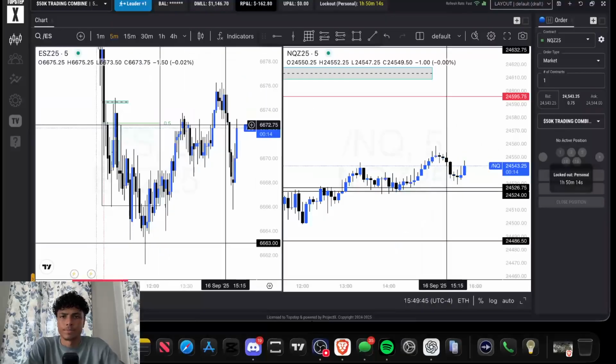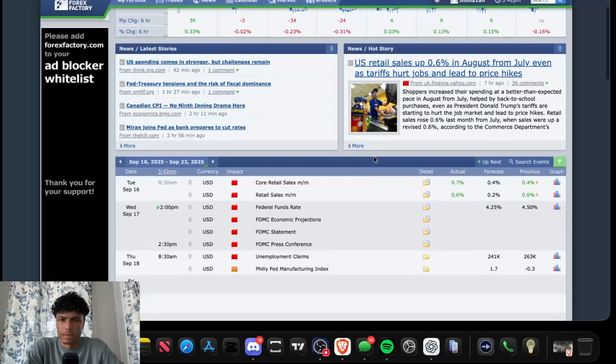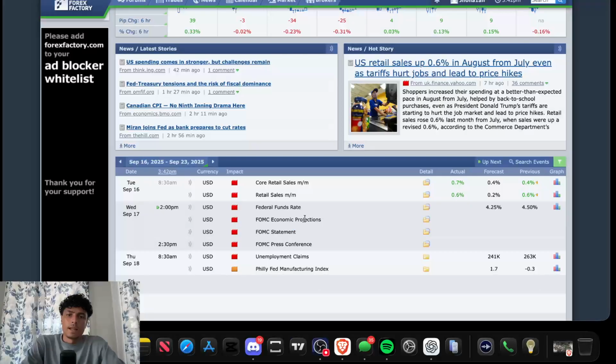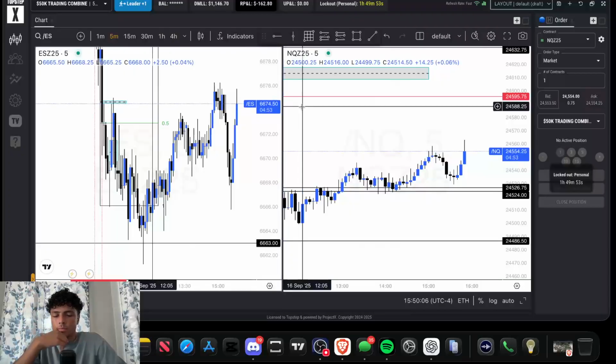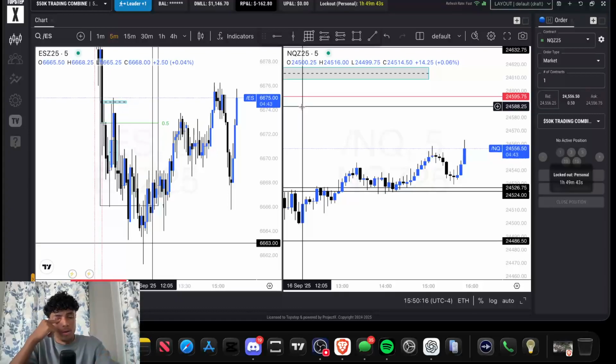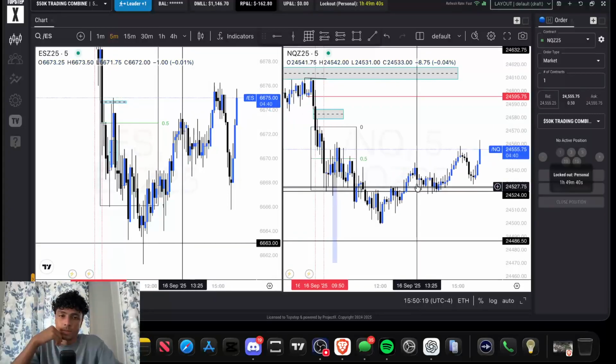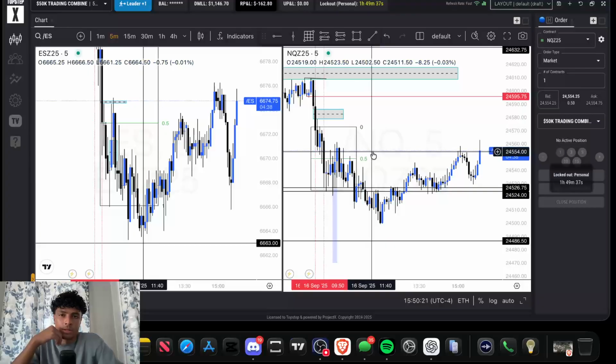Tomorrow's FOMC. Long term wise, I am pretty sure going to buy a couple shares on index today. Why? It's literally free bread. Rates are gonna get cut, and when rates are cut, market's gonna go up. I might sell it, get a quick profit, or just hold. Who knows? But this is not financial advice, you enter at your own risk.